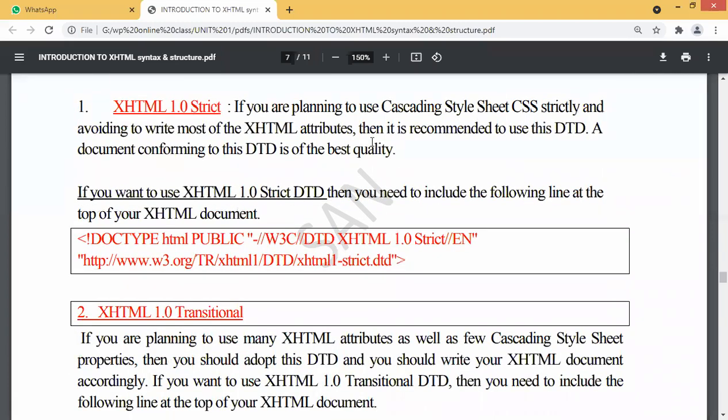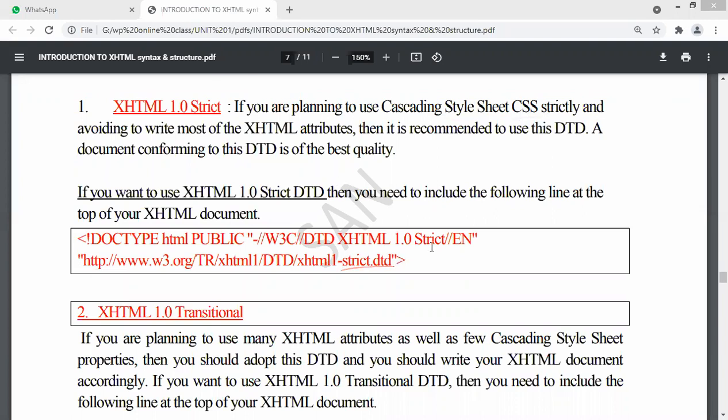So first one document type definition that we have is XHTML strict. So first type is strict. What is the format here? See, everything is same. Only at last you have to replace that with strict.dtd. Why are we using strict.dtd? If you are using another type of language like CSS, okay? So there is one more type of programming language called CSS. When we are using CSS language, we have to use this header, that is strict.dtd.